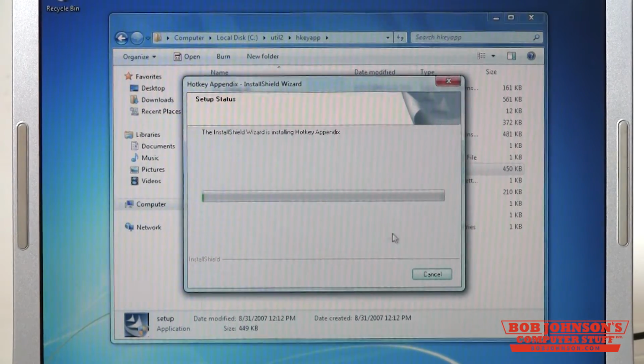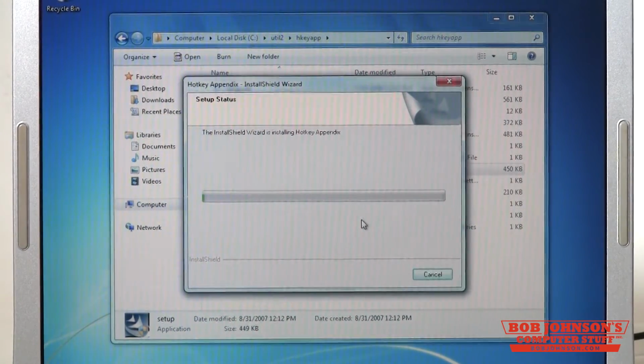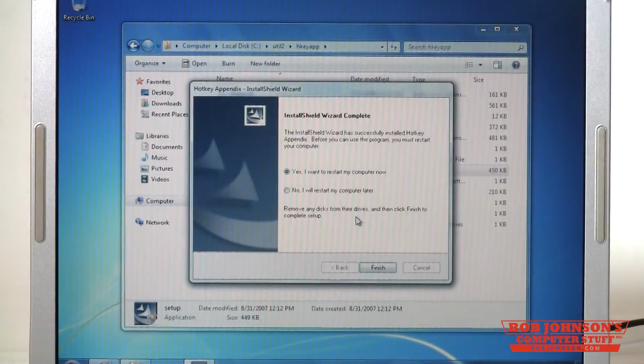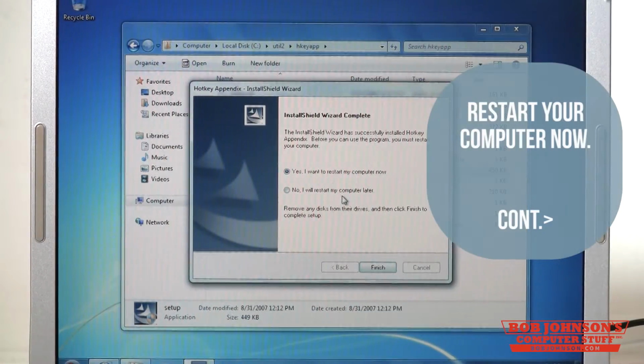It may take a moment for this to install, and it will need to restart at the end. As you can see, it's asking to restart. You can choose restart now or restart later. It's suggested that you restart now for the best outcome. So just leave it checked with yes, I want to restart now, and click Finish, and the computer will restart for you.